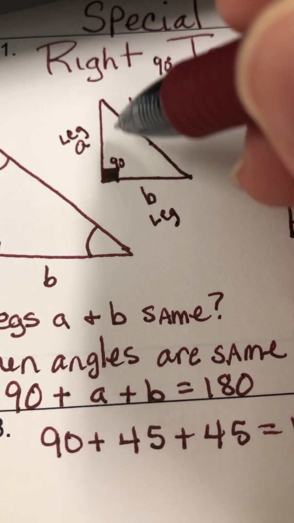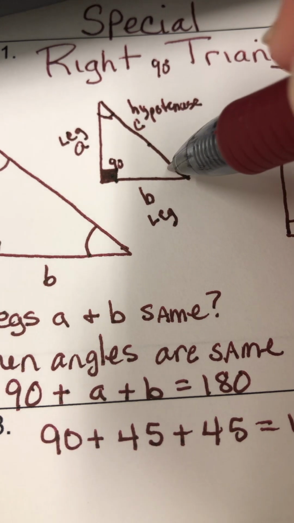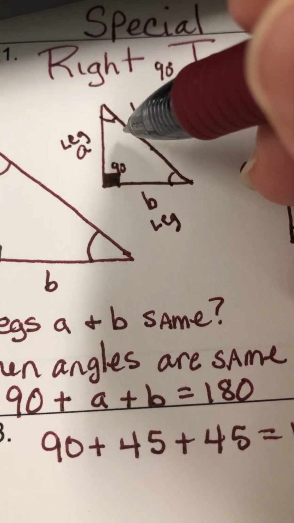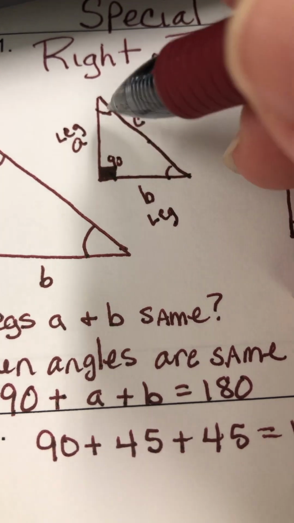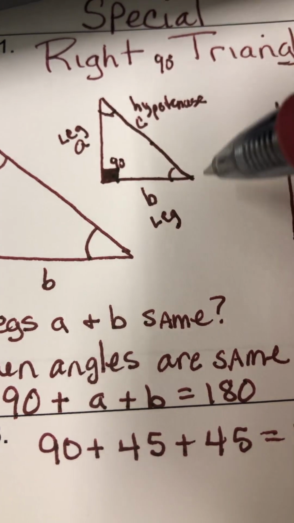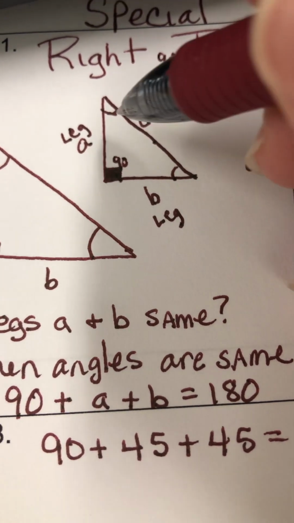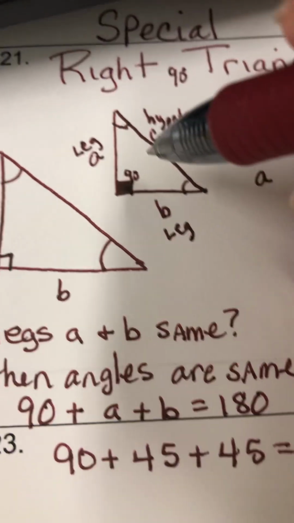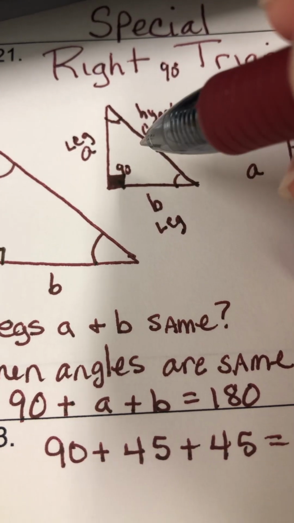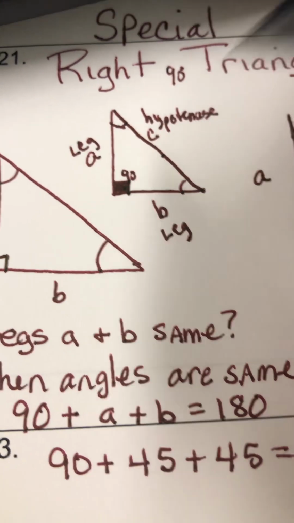So if this is 90, then these other angles here and here have to make up the rest of it to 180, meaning they're going to share the 90 degrees. And they could be anything, depending on how long the legs are. This could be 1, and this would be 89. This could be 10, and that would make this one 80. Whatever. But there's some ones that you can watch out for that are helpful to us, and they relate back here to this